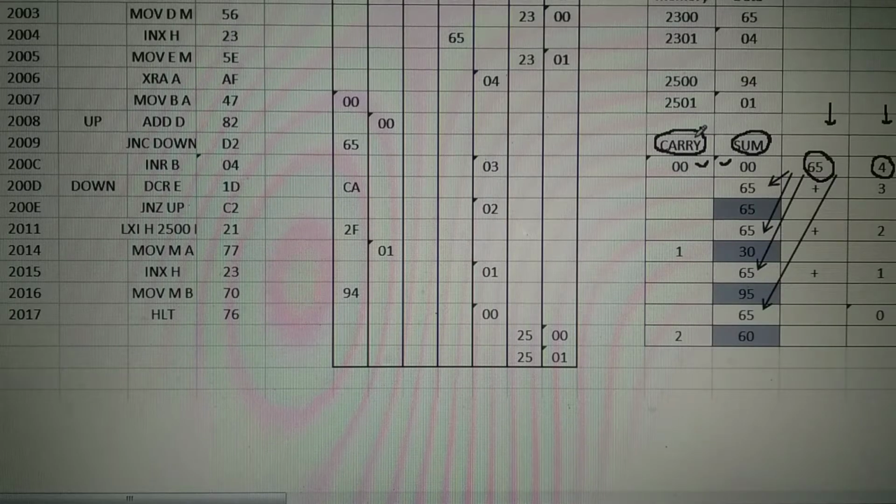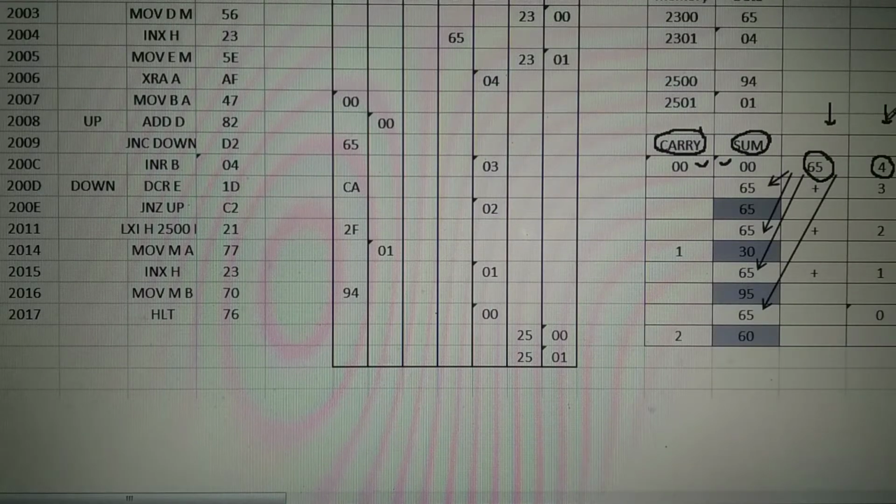That means in total you are having 4 boxes, which can be considered as registers. In the sum box the initial value is 0, in the carry box the initial value is 0, in the third box the number 65 is taken and in the fourth box the number 4 is taken.